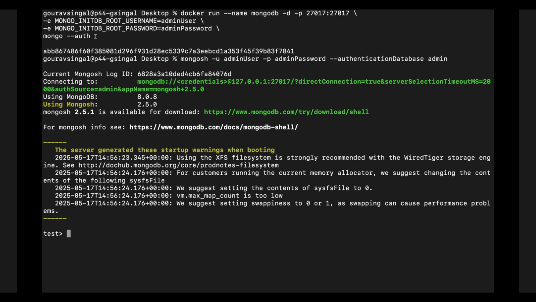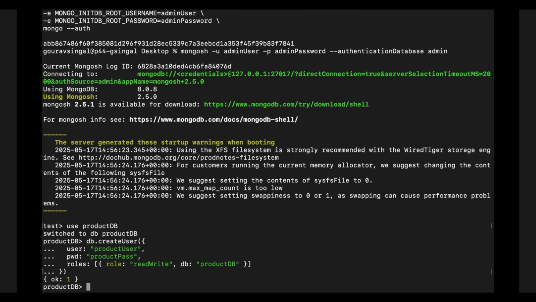So here, as you can see, we have enabled the auth. Now, first of all, let's move to the ProductDB database and then create the user inside this ProductDB database. So we have successfully created the user.